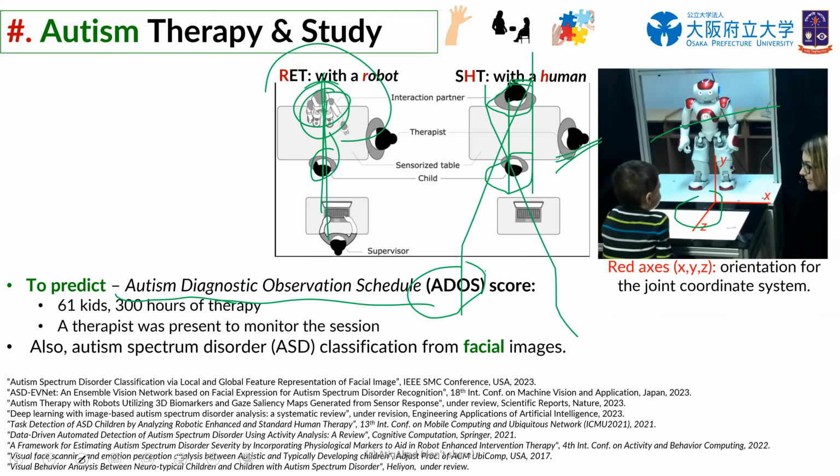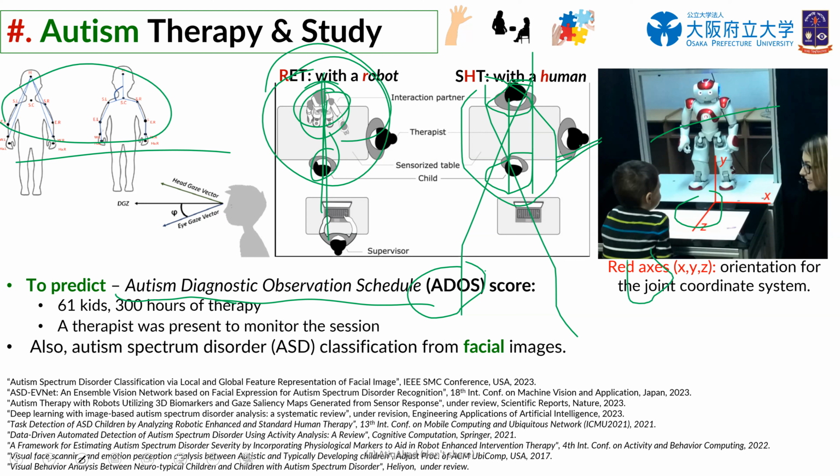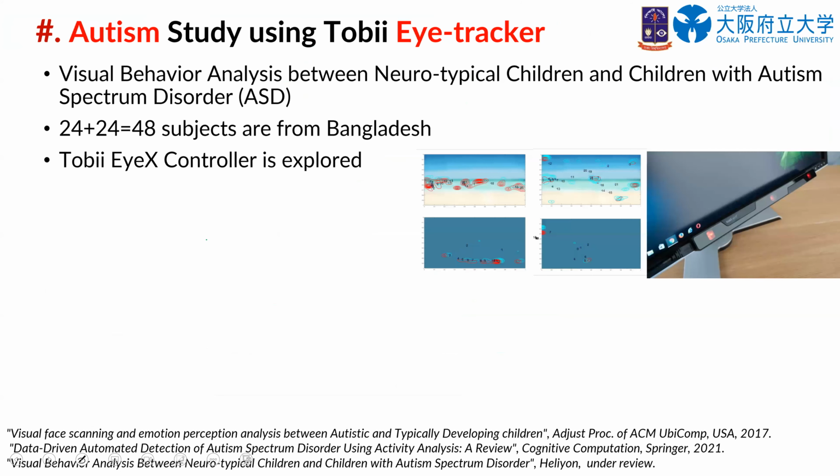So instead of human interactions, we can have a robot, or a computer screen. On the computer screen, there will be a small robot or cartoon, and then you communicate in an interactive way. Because the child is sitting, you cannot see the lower part, but from the cameras you can get the upper body joint points, head gaze vector, eye gaze movements and eye gaze vector. Can we understand from these kinds of things, and so on?